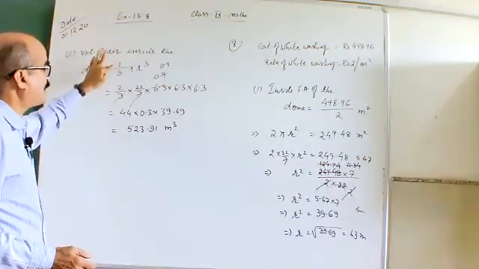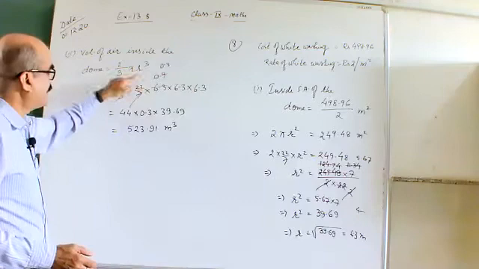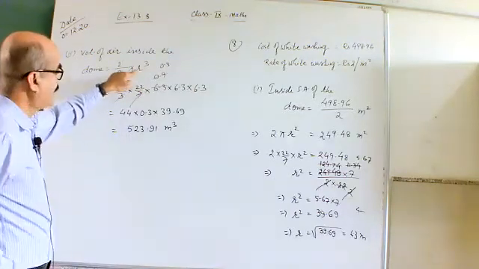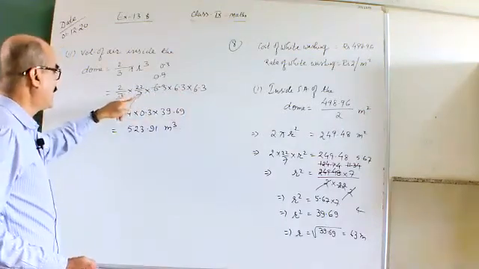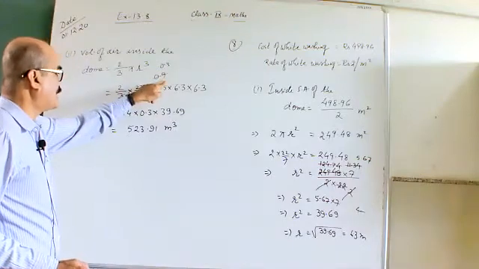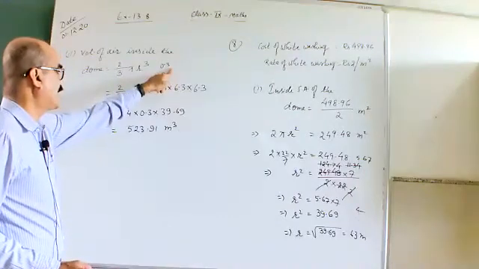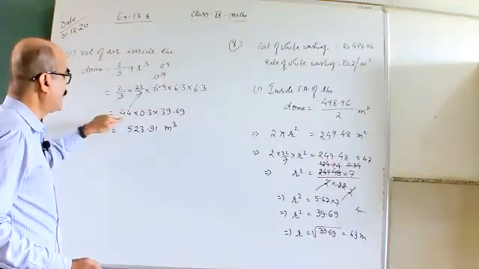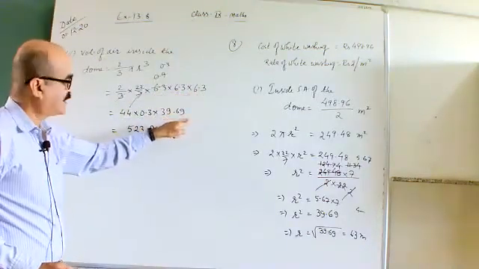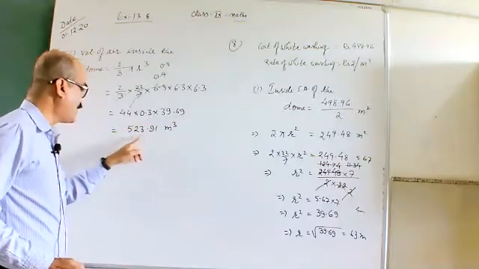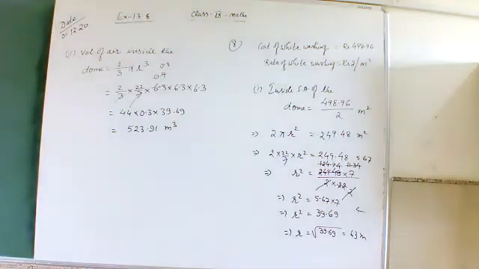Volume of hemisphere is 2 by 3 pi r cube. So 2 by 3. Value of pi is 22 by 7. Value of r is 6.3. It is r cube. Then we multiply 6.3 into 6.3. When you divide 7 by this, 7 9s are 63, 0.3, and cancel 3 by 0.9. That is 3 3s are 9, 0.3. Right? So 2 into 22 is 44, into 0.3 and 6.3 into 6.3 is 39.69. When you multiply all this, you will get 523.91. Right?